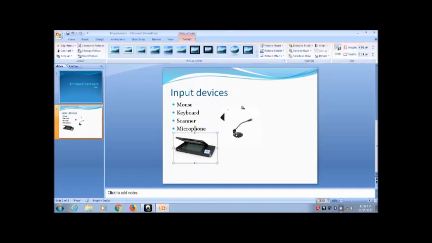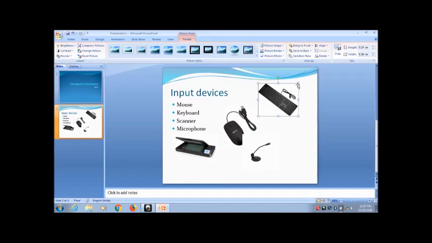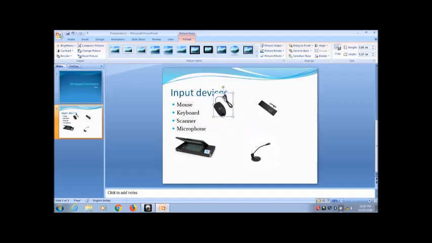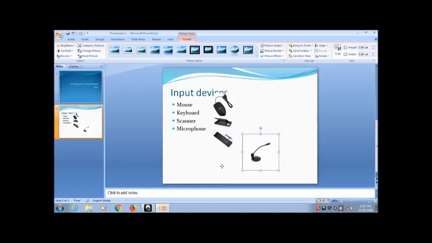Now we need to arrange them in a proper way, so for that we can shrink them and arrange them accordingly. Be sure that your pictures are arranged in a proper manner so that your presentation looks good. So for that I can shrink this more.